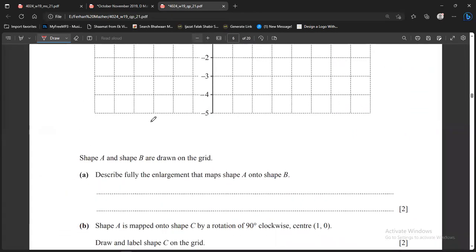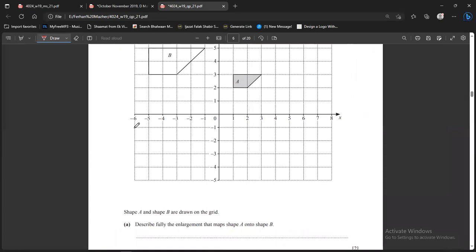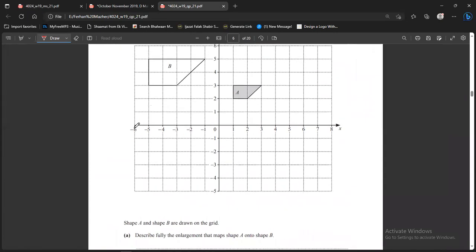The question is, let me show you the question. He says the shape A and the shape B are drawn on the grid. Shape A is smaller, shape B is similar, but it's larger. Part A: describe fully the enlargement that maps the shape A onto the shape B. You see, if you have the image and the object in an enlargement,